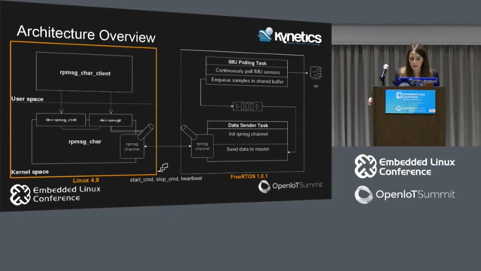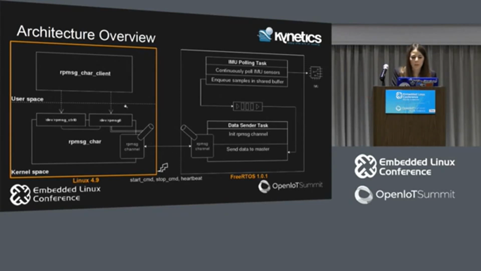We also used 3 general purpose interrupts that were provided by the messaging unit to signal some states of the master to the remote core. These are all triggered by the master towards the remote core. We call them start CMD, stop CMD, and heartbeat. So start CMD is an interrupt that is used to signal that the master has created the endpoint and it's ready to receive data. Stop CMD is used to signal that the endpoint has been destroyed, and this actually happens